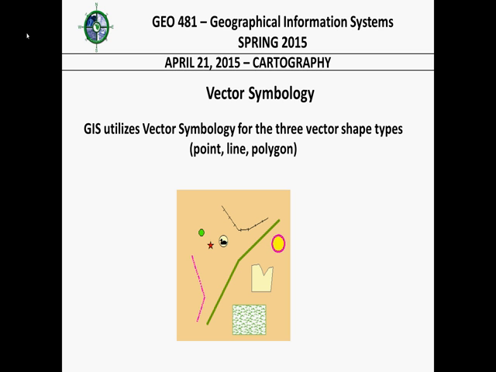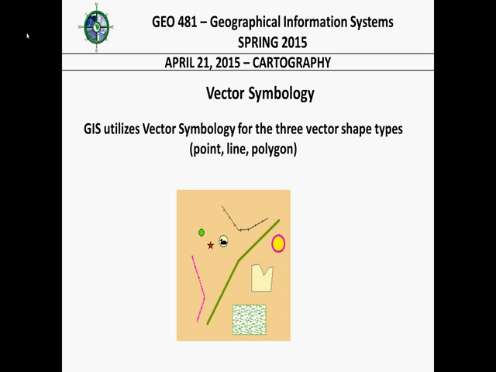So I said we stopped at the point where we talked about color, and we'll continue talking about, in general, symbology and cartography, but we'll start out talking about vector symbology. And we're all familiar with the three main types of vector shapes now from the first third of this course: